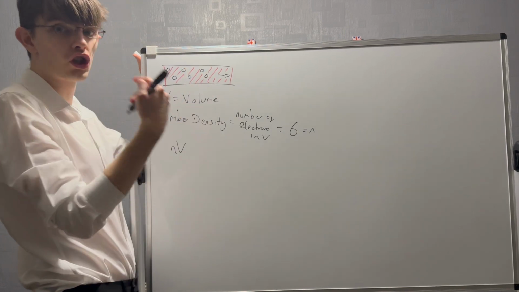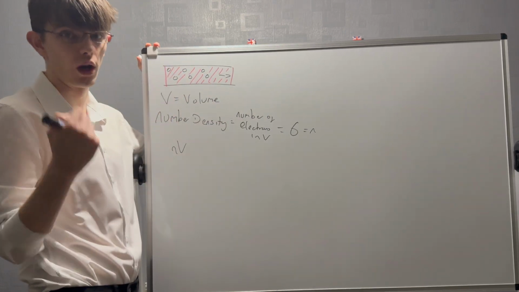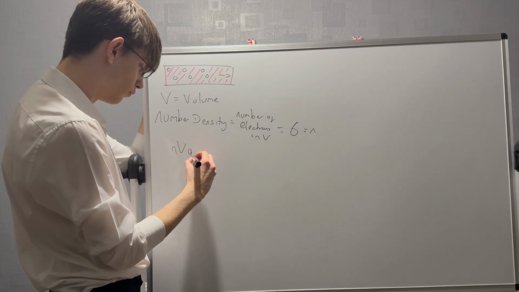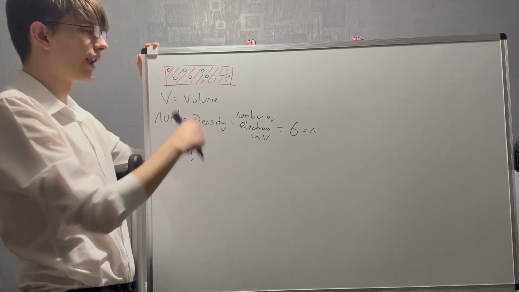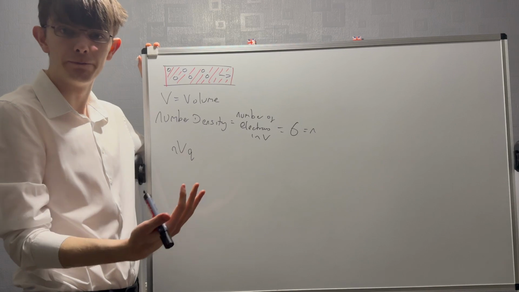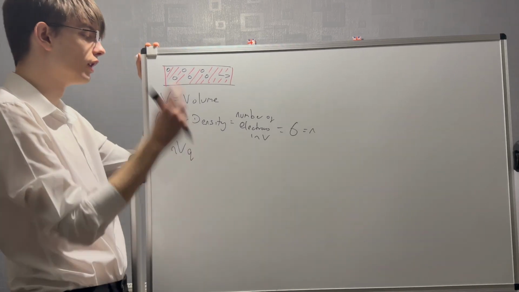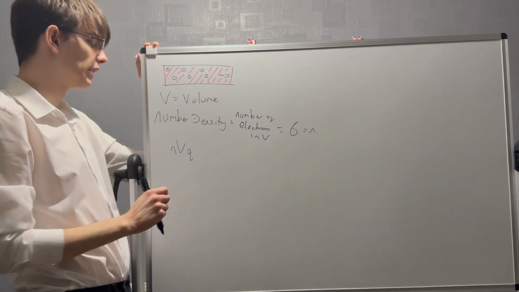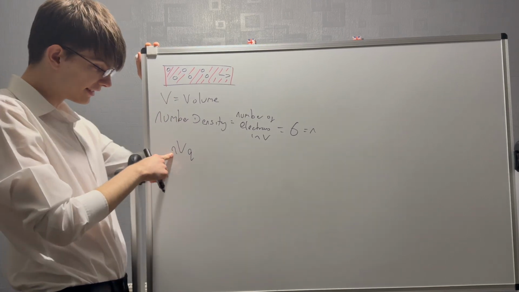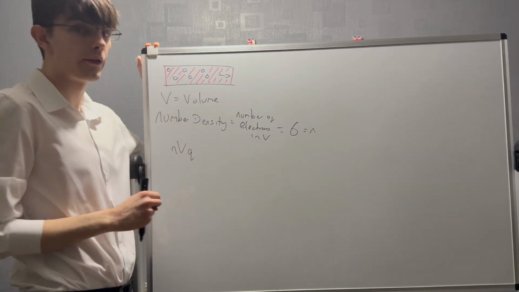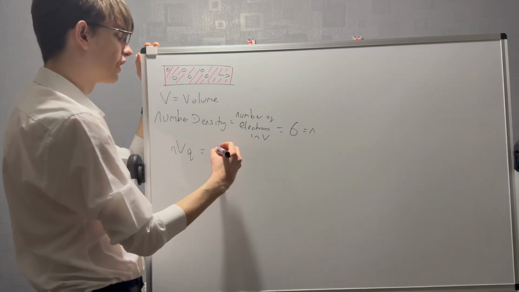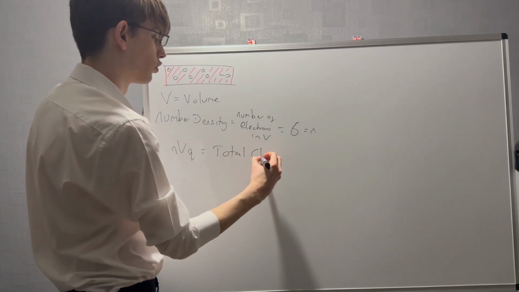So if I then times that by the charge on each one, and I will keep that as Q, but if these were all electrons, it would be just multiplying by E. But I'll keep it general as the charge on each particle. Then the number density times the volume times the charge on each particle will give me the total charge